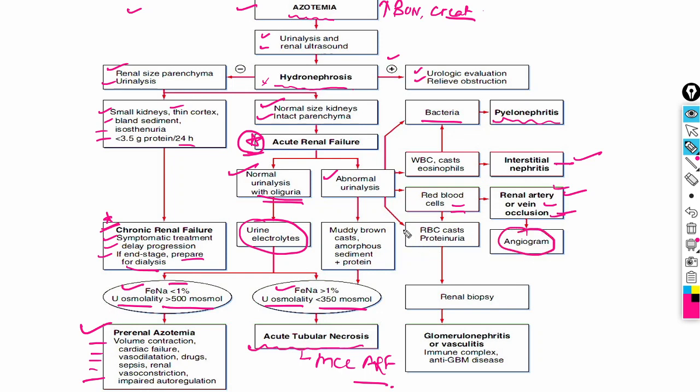On the other hand, if the patient is having RBC cast, that is, these are the broken RBCs which are forming a cast by clumping together, and also the patient is having proteinuria, then we have to go for early renal biopsy to rule out glomerulonephritis or vasculitis, that is small vessel disease like HUS, TTP, which can be immune complex mediated or anti-glomerular basement membrane disease.